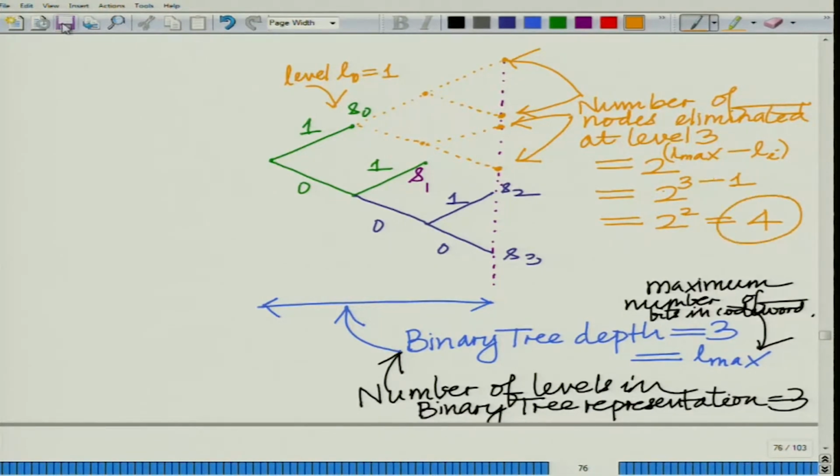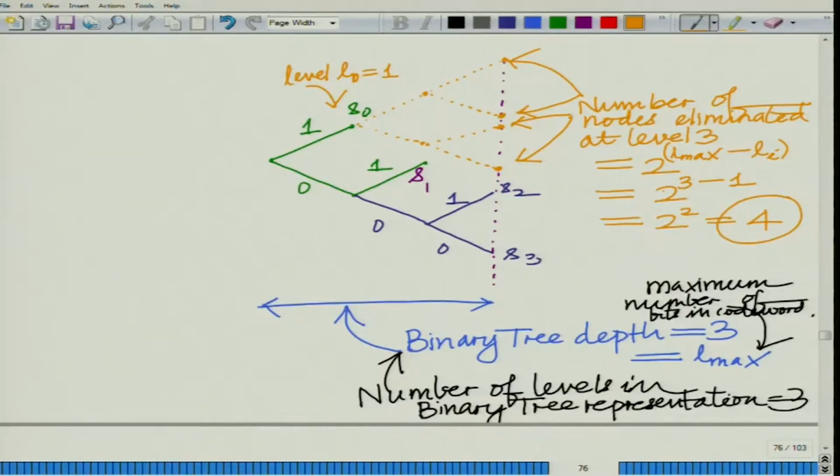So, what you are observing is, because we are terminating, in this prefix free code, the code at S0, no other code word can lie further down from S0, along any code word, because then it would not be a prefix free code. Okay. So, therefore, in order for it to be a prefix free code, you are terminating that particular branch at